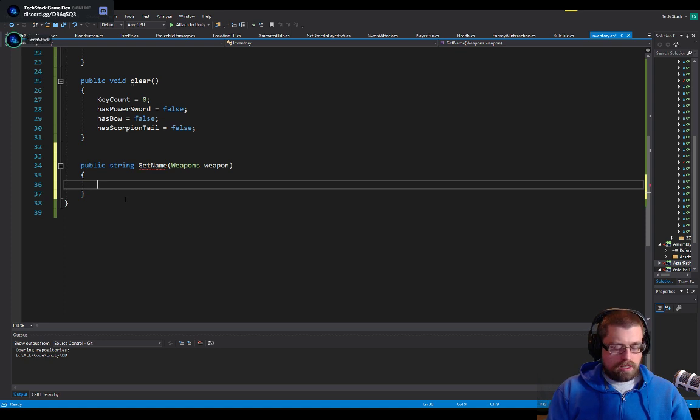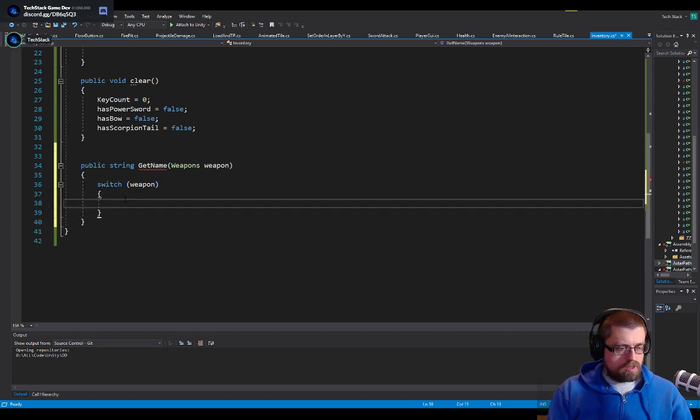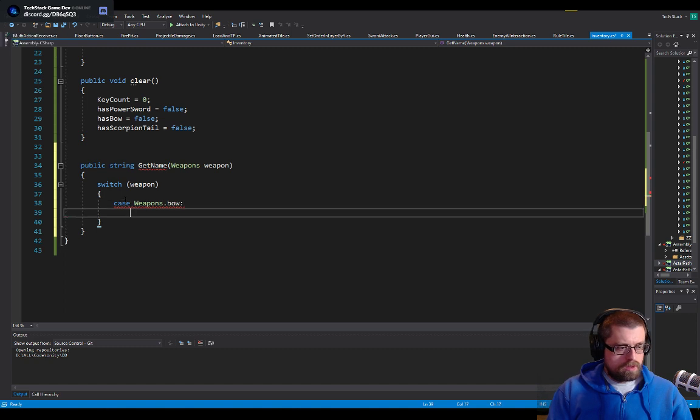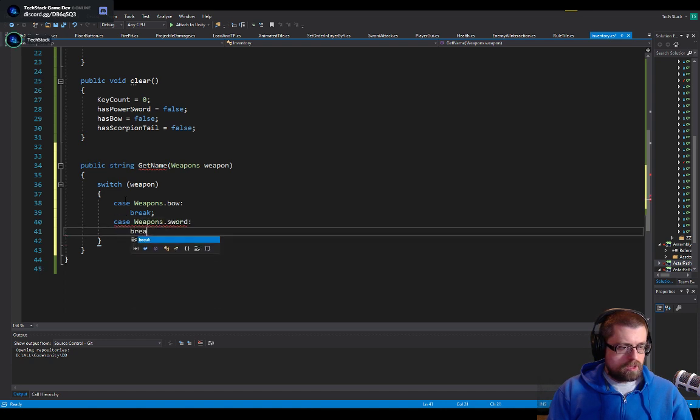And we say switch weapon, and then we'll do each of the weapons. So case weapons dot bow, break, case weapons dot sword, break,